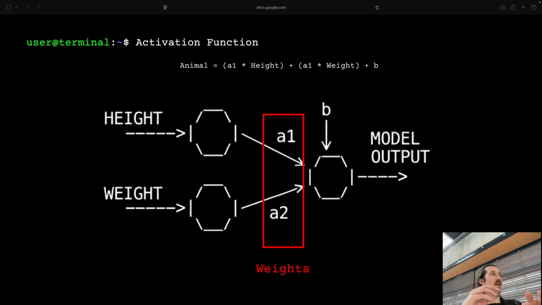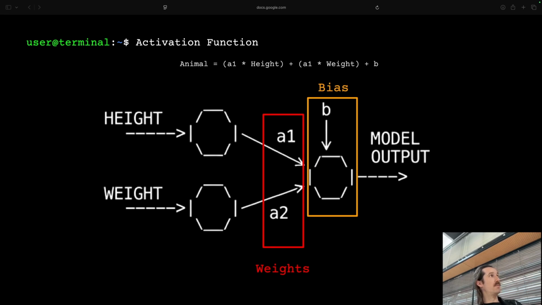And this is actually where a lot of companies make money. This is what they will never show you when you have a model like ChatGPT, for example. They are sitting on a model with the weights, which they trained for months and spent a lot of energy on. This is the secret of the model, which they of course will not share with you because they have invested a lot in it. So here we have one thing, and then we have B, and that's the bias, and that's another secret of the model which nobody will tell you.